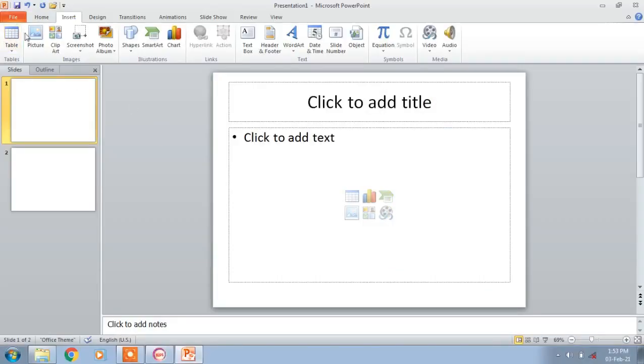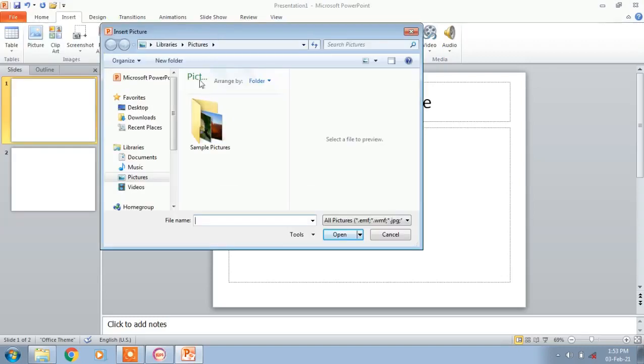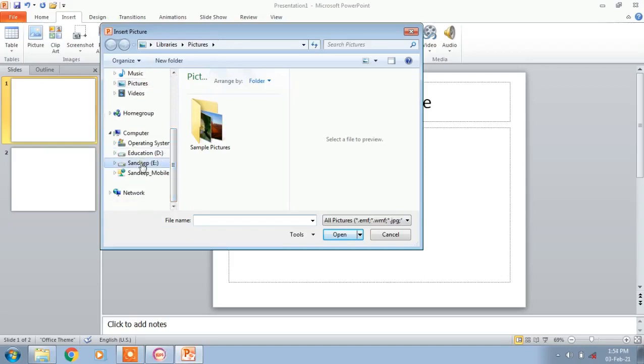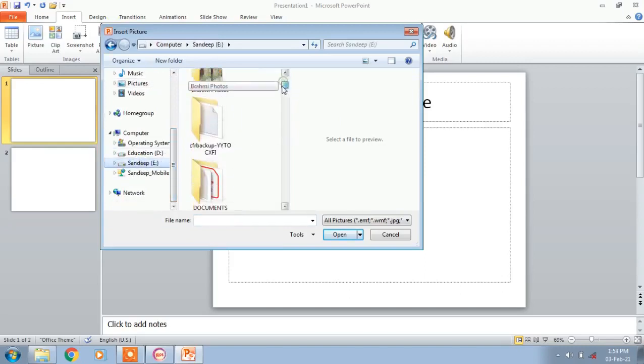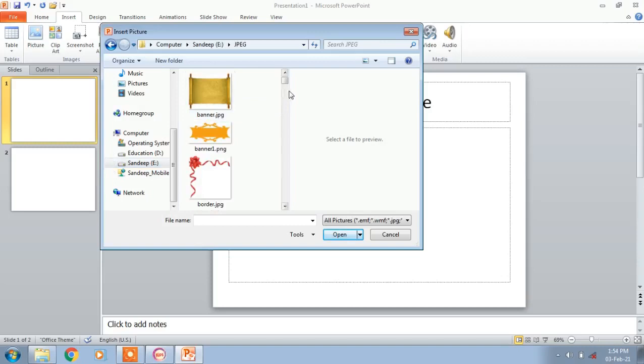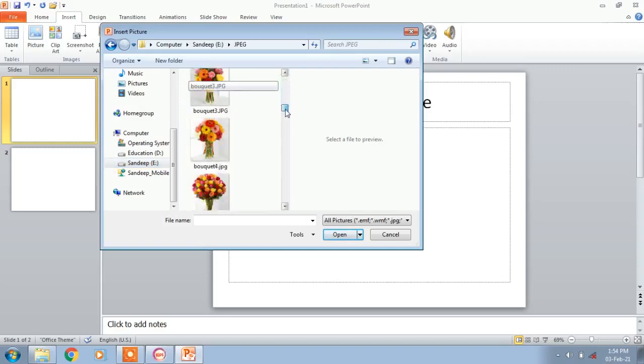Okay, here, click on insert, click on the picture option in the insert tab of the images group, then you get the insert picture dialog box. In this, where you have saved your pictures, you have to go to that location. Okay, let me choose the picture from my location. Okay, I have saved many pictures in this location. That's why I have selected E drive. Okay, I have E drive. Let me see if any good pictures are there.